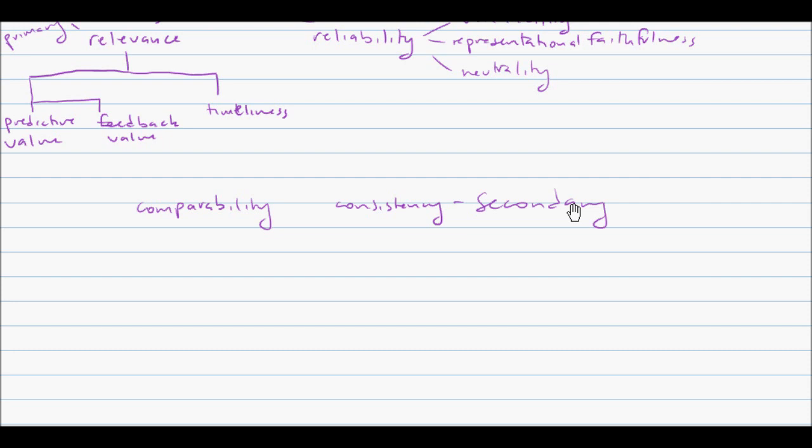You might be thinking that if there is a set of rules, then how could a company change their accounting policies at all? Well, the rules provide different ways to account for similar transactions, so companies have some leniency as to how exactly they can do so. So the secondary qualities of accounting information are comparability and consistency.